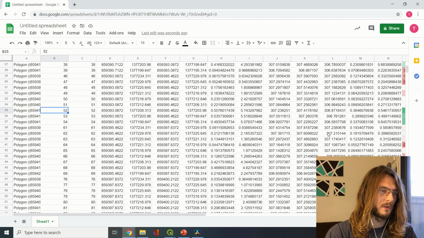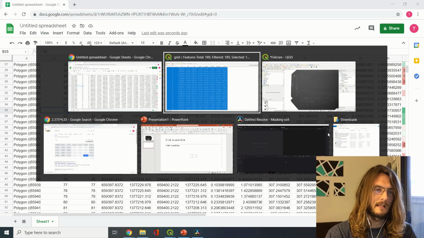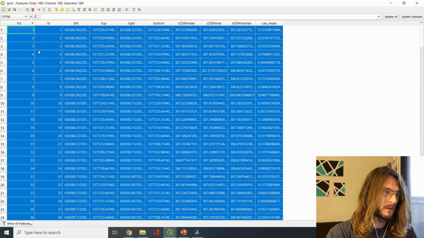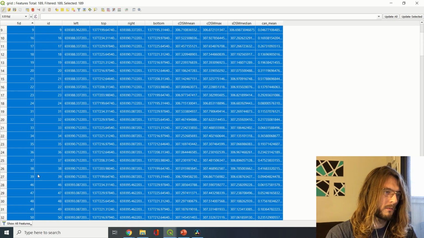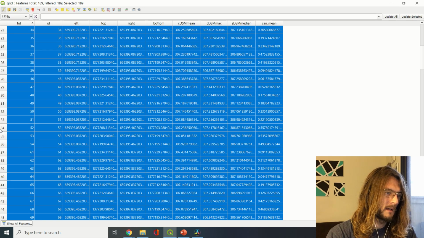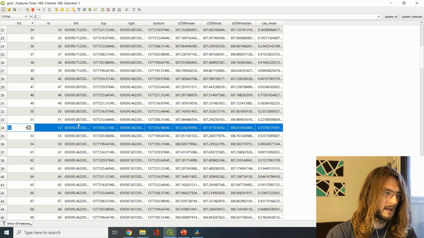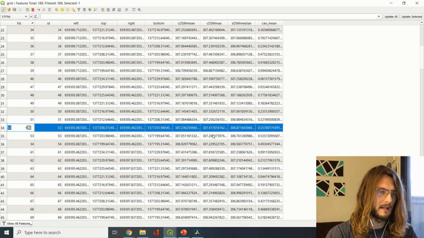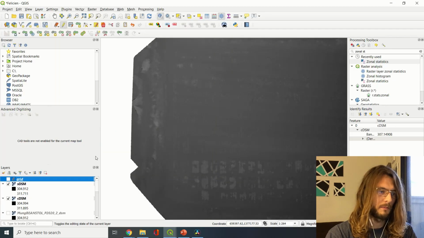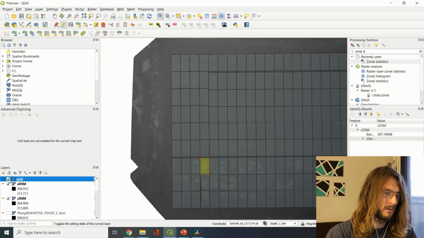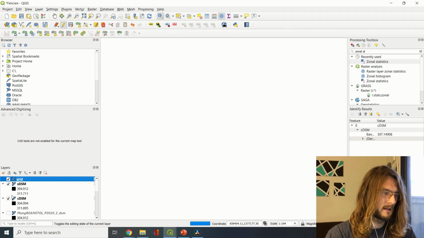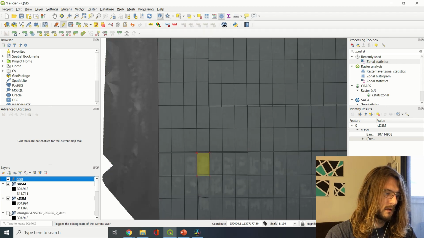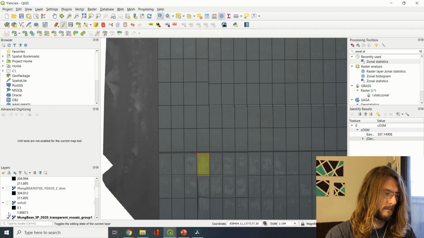I think it's always important to check your work. So ID number 52. So here's our ID column. Let's go down to that. Remember that we can select here. That's ID number 52. Now I have that highlighted. I can go back over to my project, and if I show that grid, it'll show which plot that is. And I'm going to go back to my